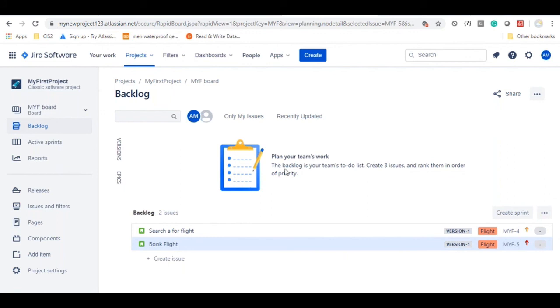Is that after the sprint start? I thought the product owner creates the product backlog. Yes, that's what we are doing here, Nafsir. Whatever we are doing here, the product owner himself is creating the product backlog. So this is the first step. This is the backlog, and assume that the product owner is discussing with the end users, collecting the information and creating the product backlog. He is also dividing it into different modules, say flights, etc., so that it will be easy for him or other team members to filter very easily.